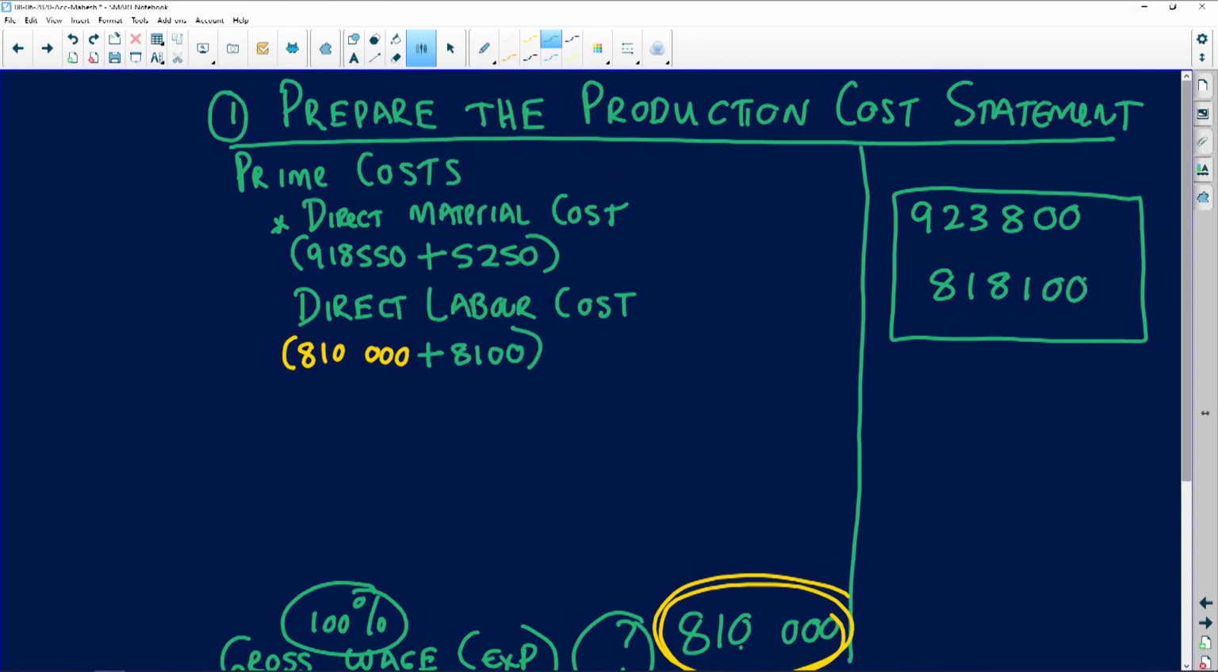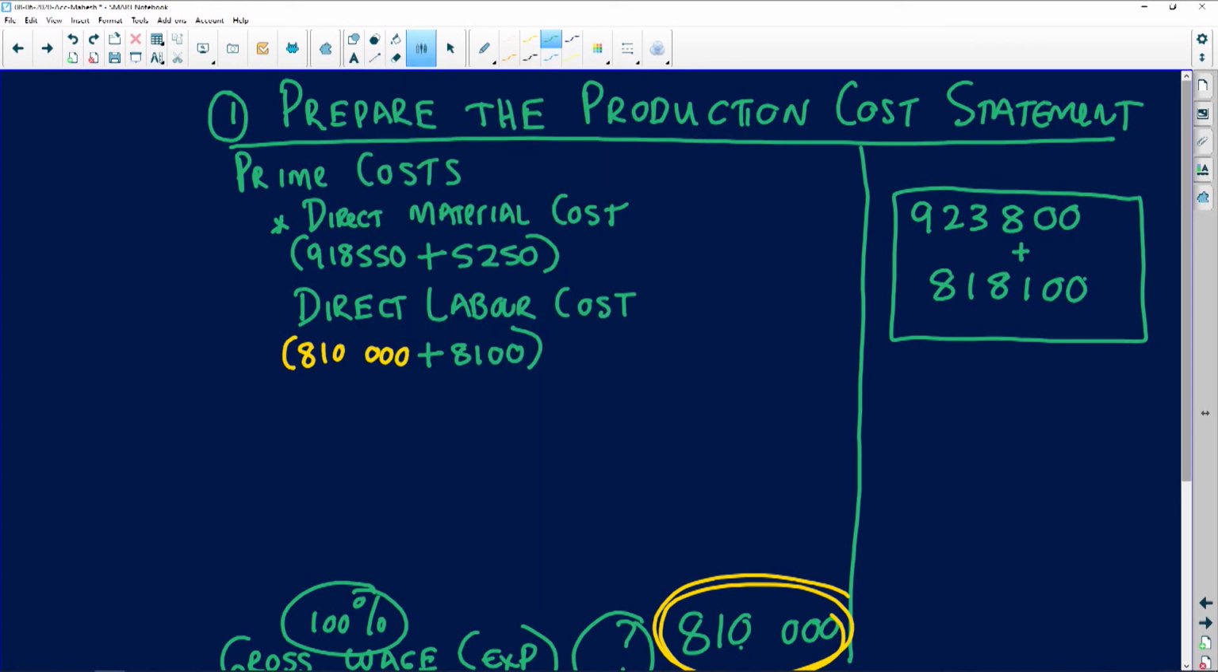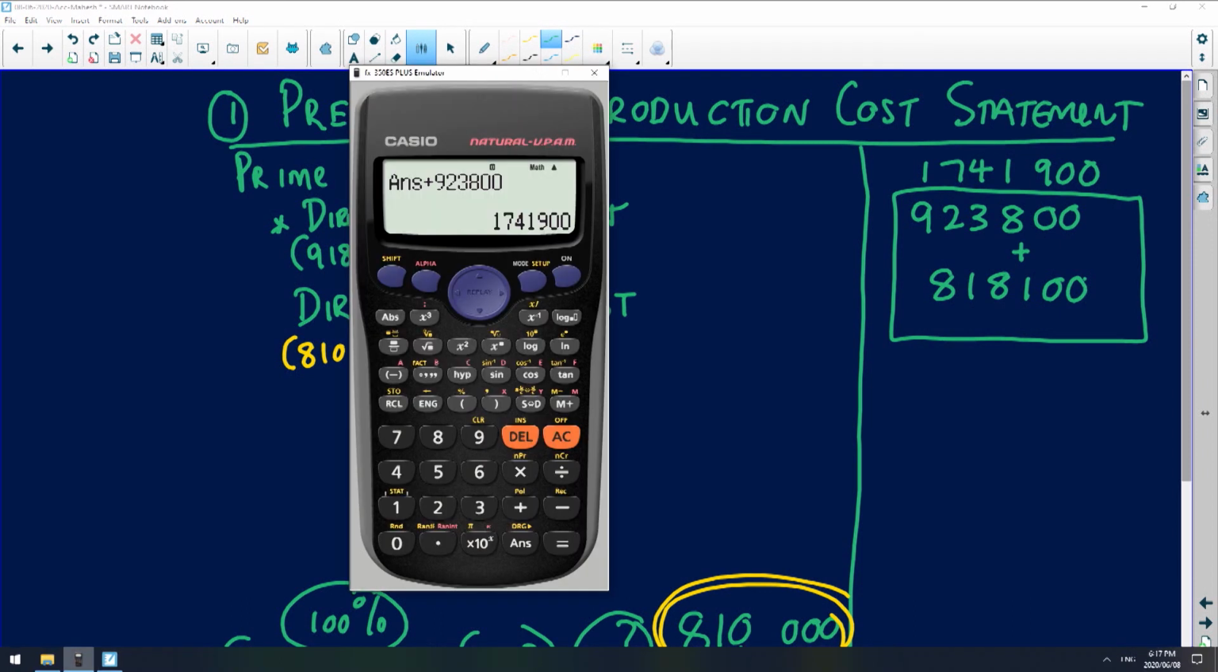Right, so direct material cost plus direct labor cost is going to give us our prime cost. Let's add that together, so plus 923,800, and that gives us an amount of 1,741,900. Let me just double check, guys. 1,741,900. Okay,